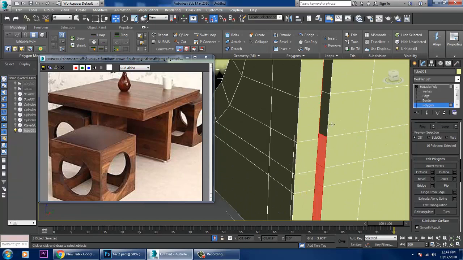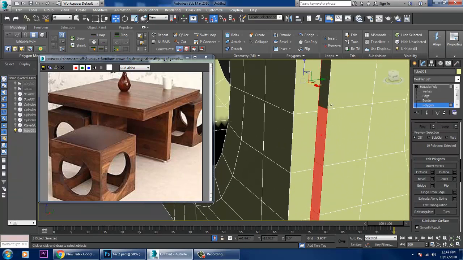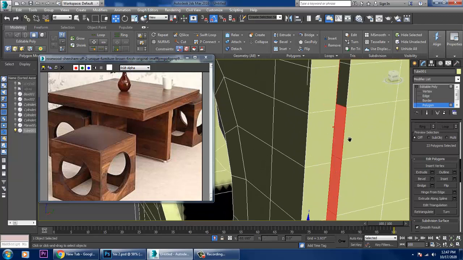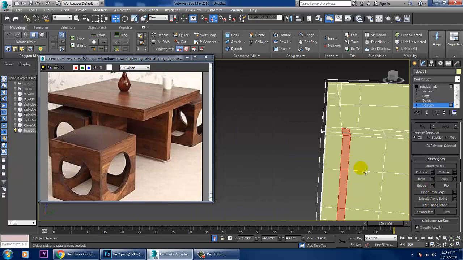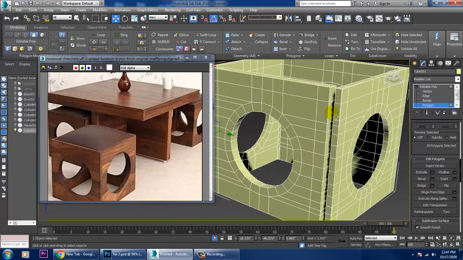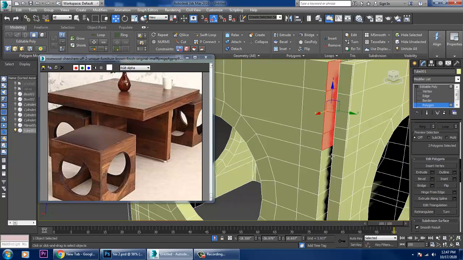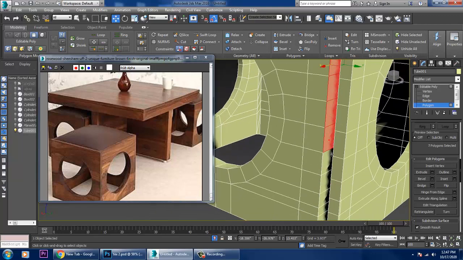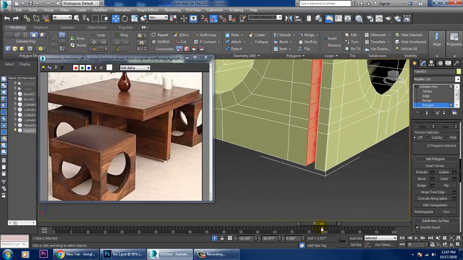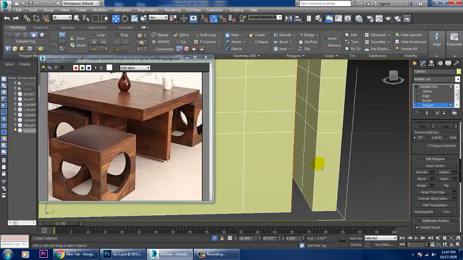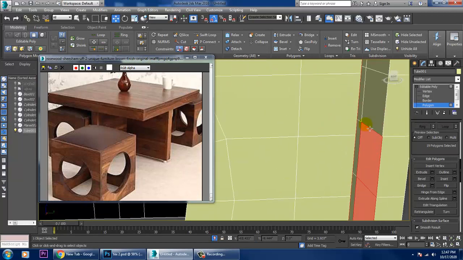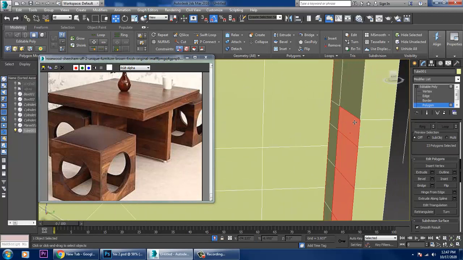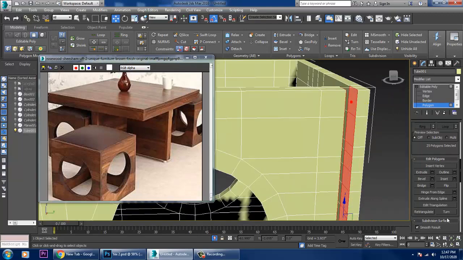Most probably that's your final selection. Just select this all. Just bridge it.